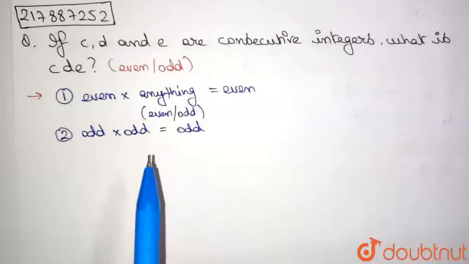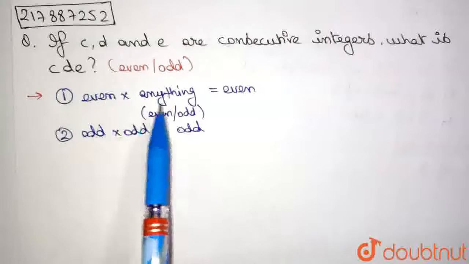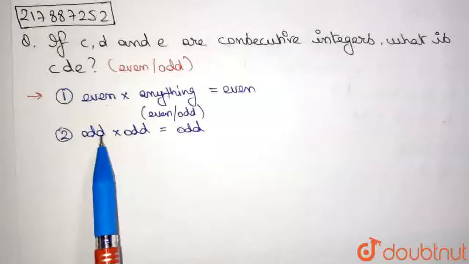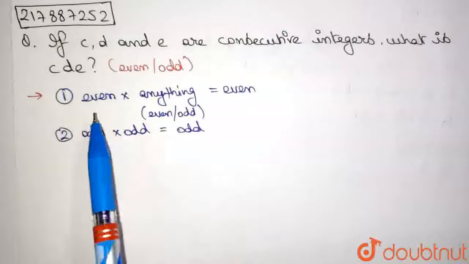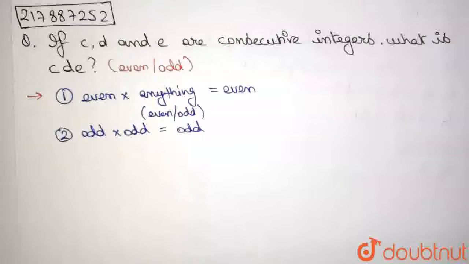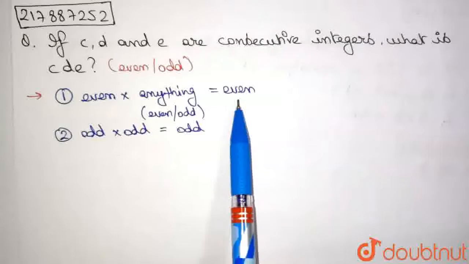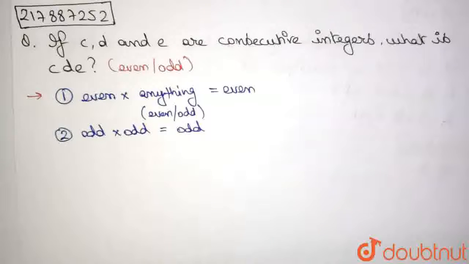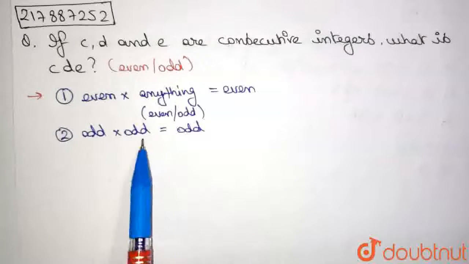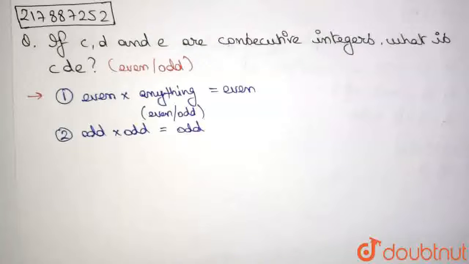So we can have only two cases. Either we are multiplying something by an even number or we are multiplying two odd numbers together, right? So this covers even into odd, even into even, all three cases. And here we just have odd into odd, which is odd. So you multiply anything by an even number, the answer is definitely going to be even. And whenever there are only odd numbers multiplied, the answer is odd. It is as simple as that.